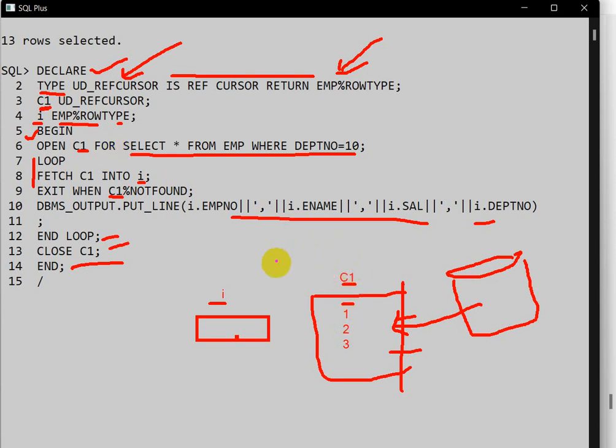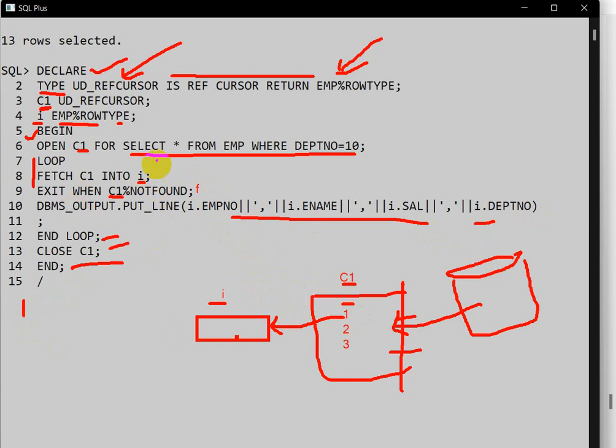Then next we will fetch the data one by one. FETCH C1 INTO I, then the first row will go and be stored into this I. Then it will check the condition whether C1%NOTFOUND. It will return false because we have data here, so the exit will not execute.